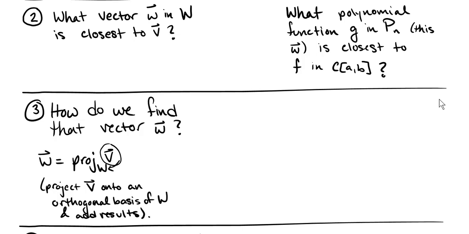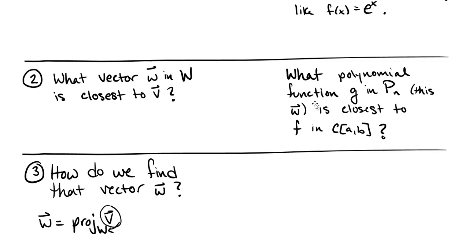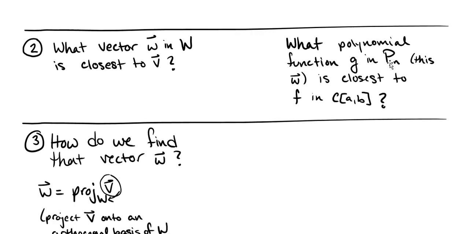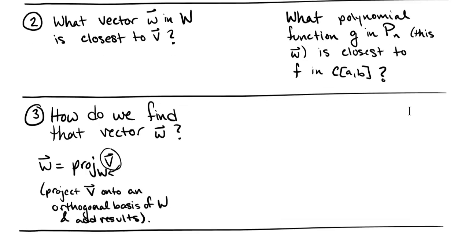We've actually seen this before for the case of Rn. To project onto a subspace, we actually just take the vector and project onto all the orthogonal basis vectors of the subspace. You might remember we used Schmidt to come up with one of these orthogonal bases, but once we had it, we saw that projecting any vector onto that subspace is easy. You just project it onto each of the orthogonal basis vectors and add them up. Easy enough. So when we ask what polynomial function g in Pn is closest to f in C[a,b],